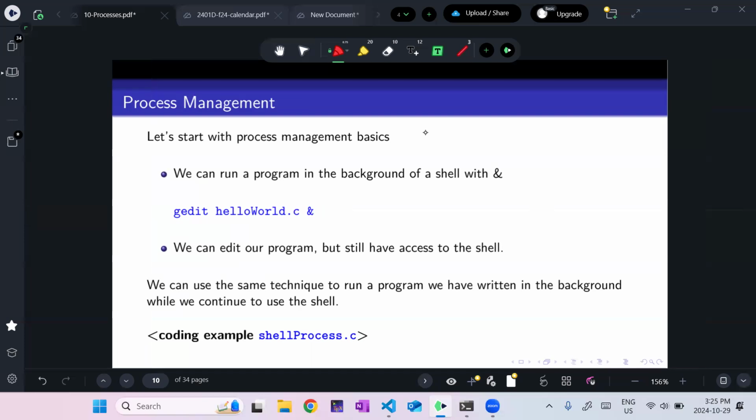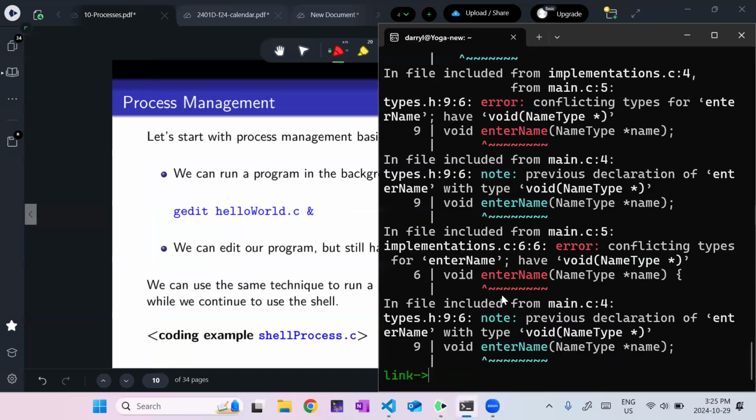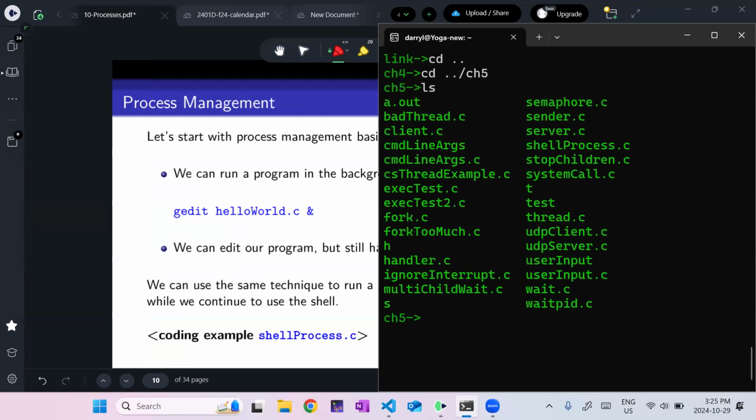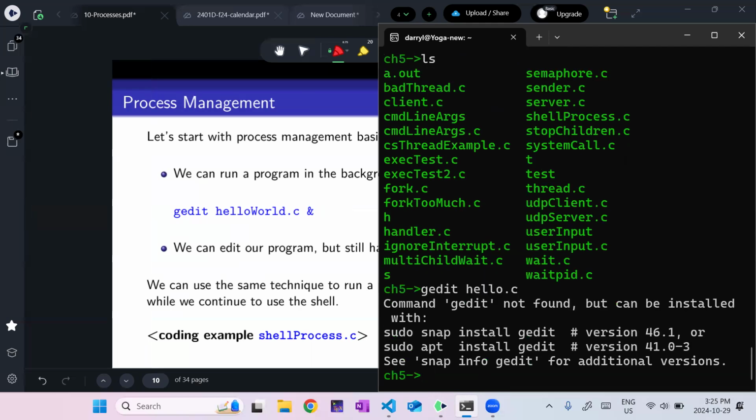All right, so let's start with some basic stuff. I don't think I can run gedit from here, since I'm running a Windows Subsystem for Linux. I can install it, but I don't know. Has anybody ever tried this?